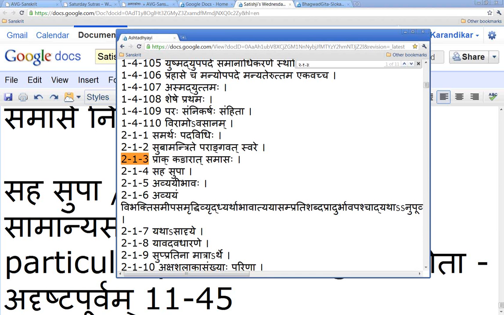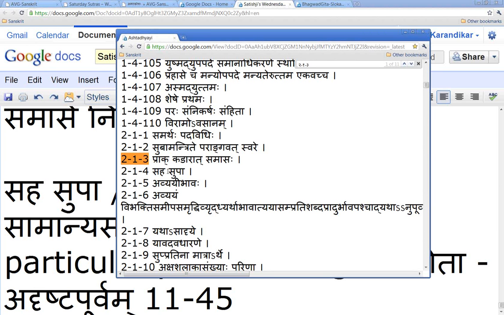Now, for the purpose of this class, we're not going to have any examples where a Sup compounds with a Tingantam Padam. That's only mainly Vedic usages, and that has mainly had the implication of the swaras on that. In this class we don't study swaras. So we will not have any compounding of Tingantam Padam. If you want to justify that, the way to do it is to make a Yoga Vibhaga. Yoga means in this case a sutram. So when a sutram is split into two, it basically creates a loophole.